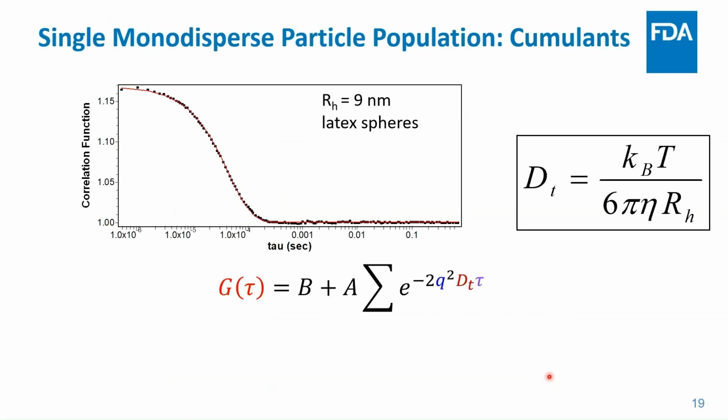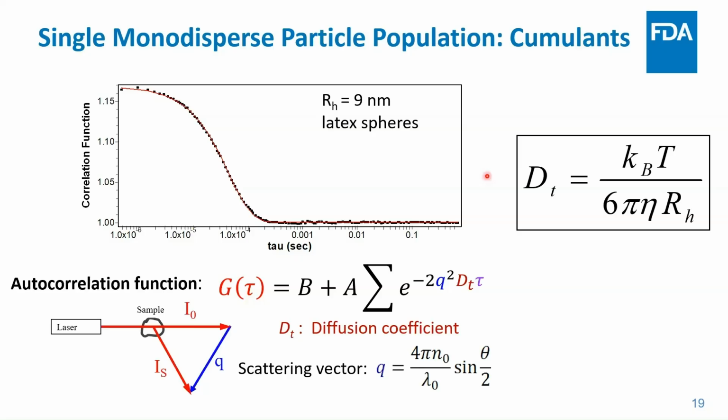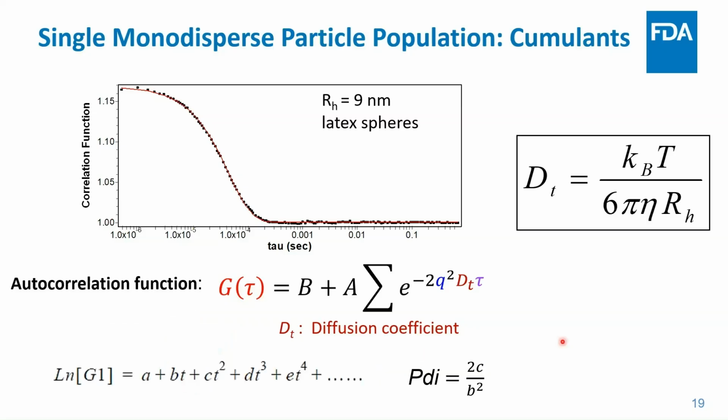So for a single monodispersed particle population, this is 9 nanometers in radius, so about a 20 nanometer diameter latex sphere, we get this correlation function with a decay. The red line is the fit that is actually going to be used here to calculate the D. This fits very nicely from our equation again here. We know that all of these things are constant for the system, so we don't have to worry as much about them. But something I want to bring up is that